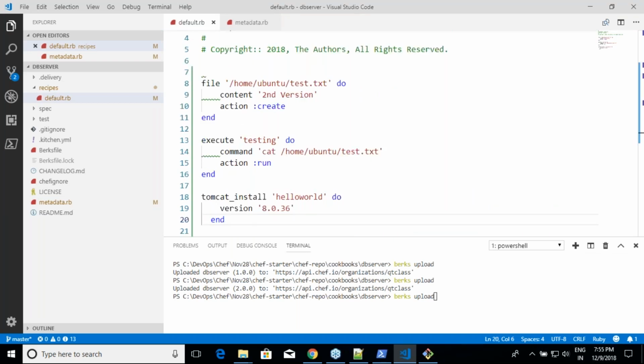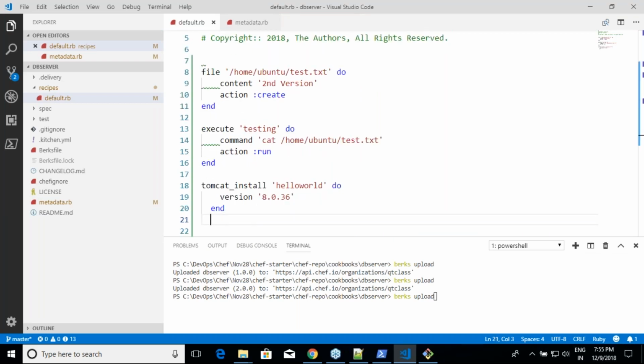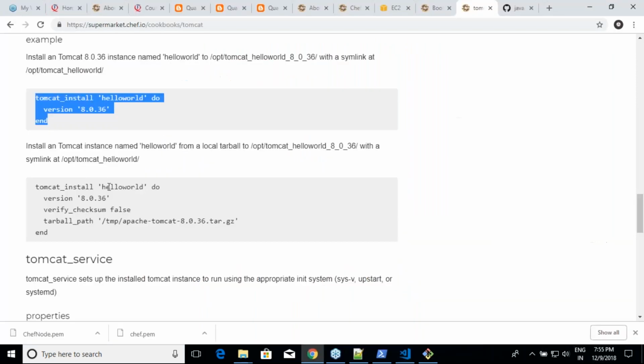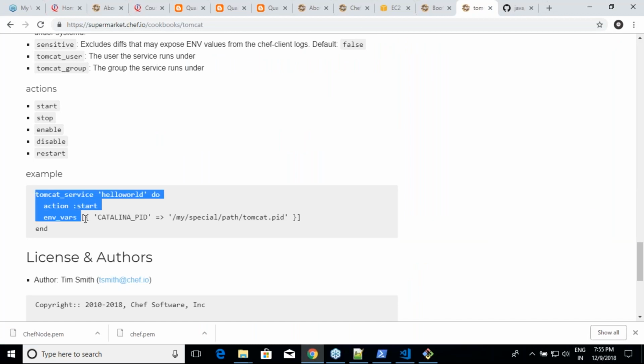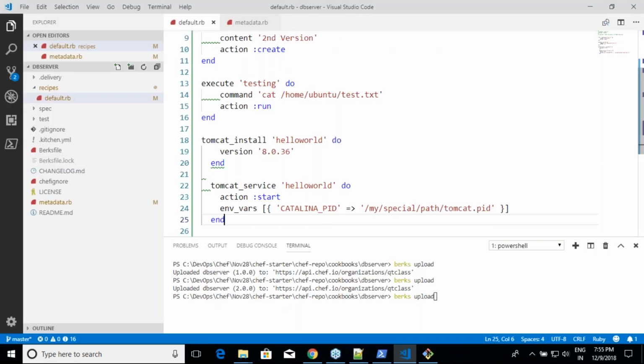Tomcat underscore hello world, and then Tomcat underscore service. I don't want any environment variables. That's it. This will install Tomcat, because you have not done the work. The work is done by someone who has written that cookbook. Are you seeing this? In this case, the only way for you to use the cookbook is don't make assumptions.